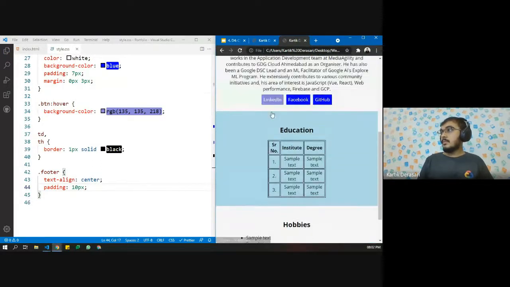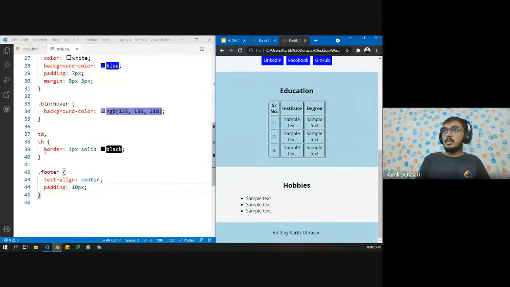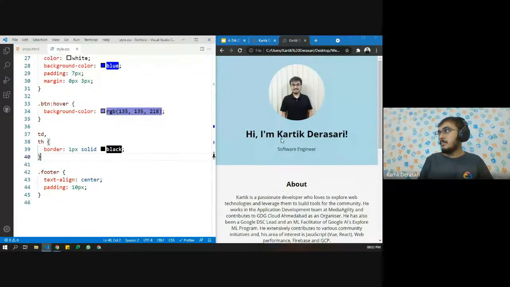Here by mistake I wrote border radius instead of border. So now it is also working perfectly.